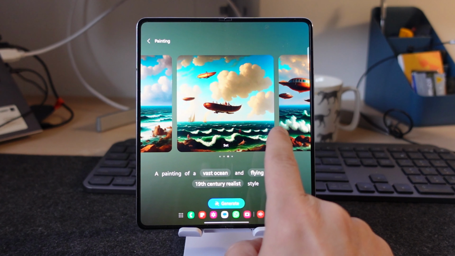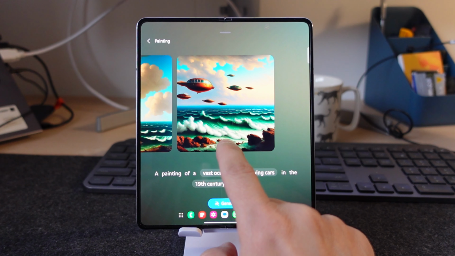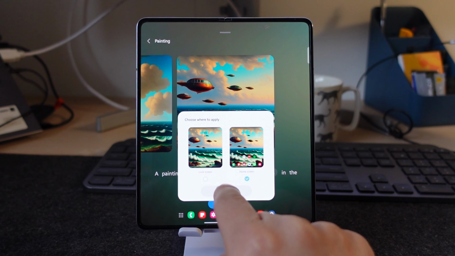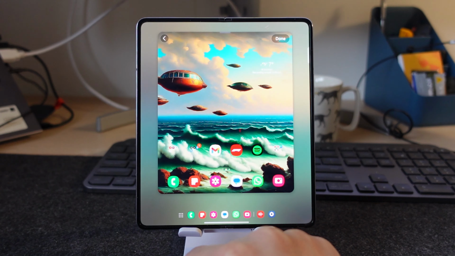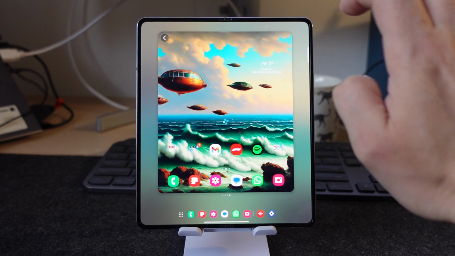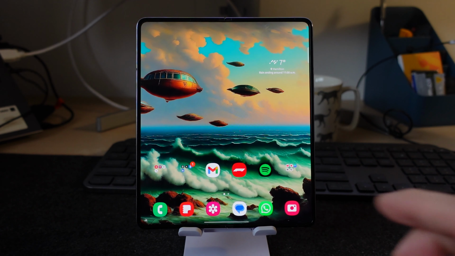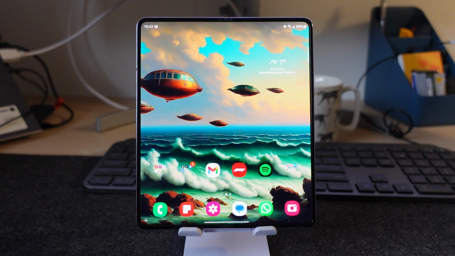Look at that. And then to simply set it to your home screen or even the lock screen as well, click and select, and then done. And then you have yourself a very exclusive wallpaper created by AI from Samsung